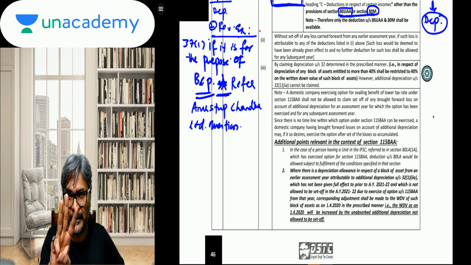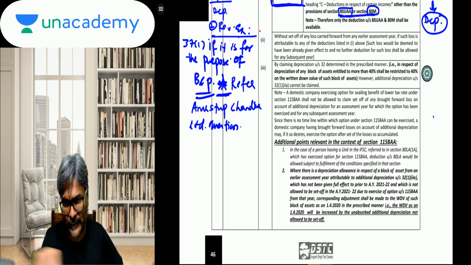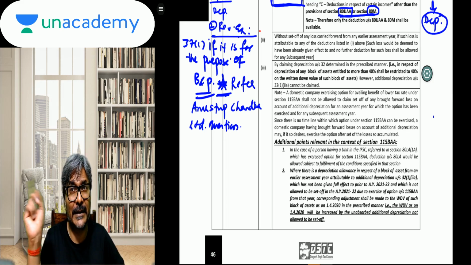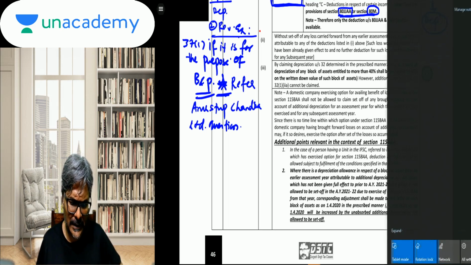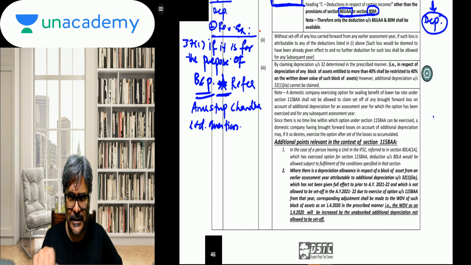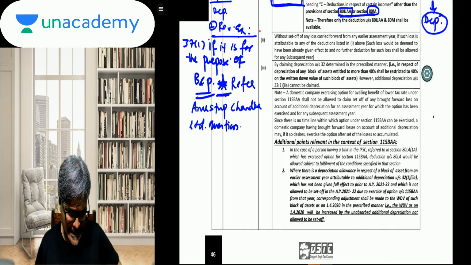This I will take you through in my third lecture of this alternate tax regime. In that, there is one practical question on the corporate society with a similar condition. There is one case study which we will go through in the third class. This is the first one, then the second and third.